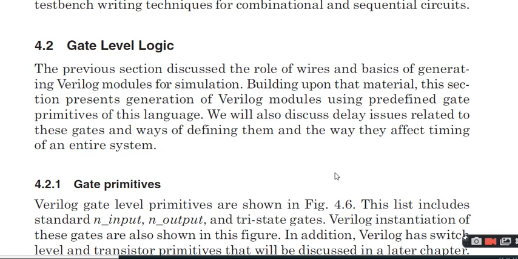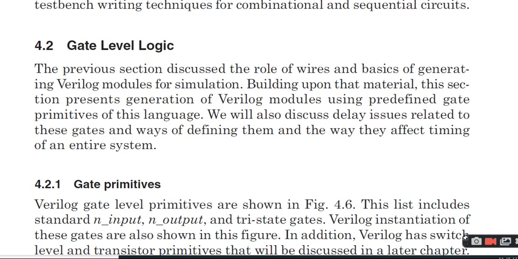In this video, we learn what we mean by primitives, gate primitives, or what are the built-in primitives available in Verilog. You have flip-flops, latches, tri-state buffers, and combinational gates. Total 4. We learn all these things. The previous section we have seen; today we will see gate primitives, tri-state buffers, and here you can see latches also.